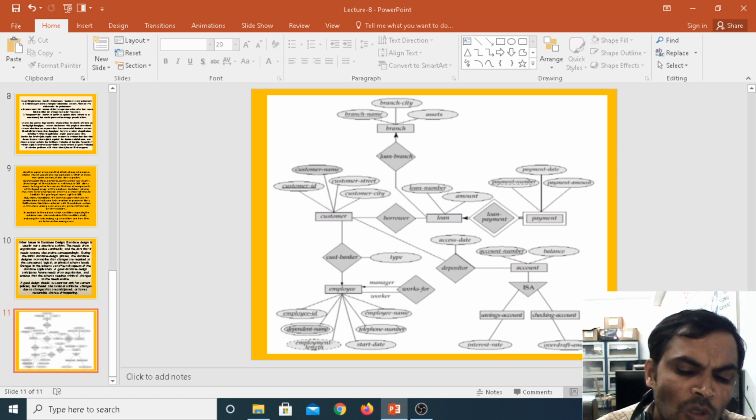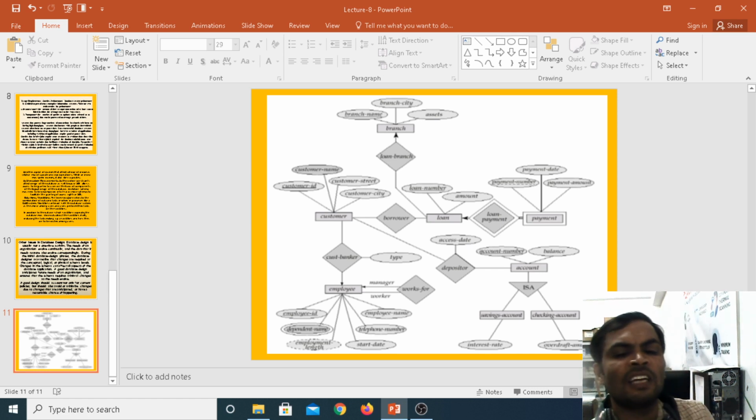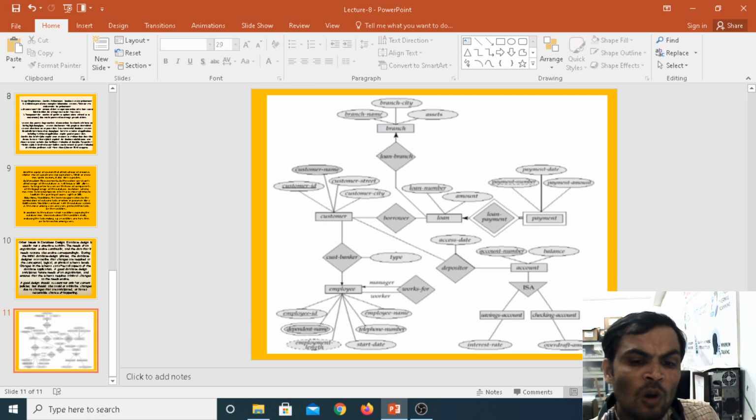Now if you want to use aggregation or specialization in your ER diagram, when you derive a low level entity from a high level entity, we use a relationship. The relationship is represented with a triangular symbol. In the triangular symbol we write "is a". Account is a savings account. Account is a checking account.